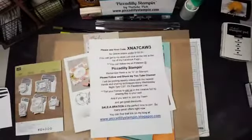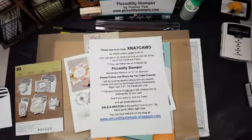So I told you tonight was going to be a little shorter just because of my pain level. I'm having trouble concentrating, but